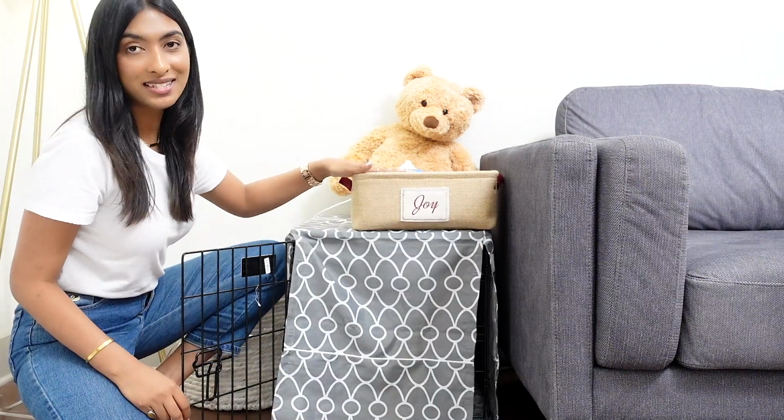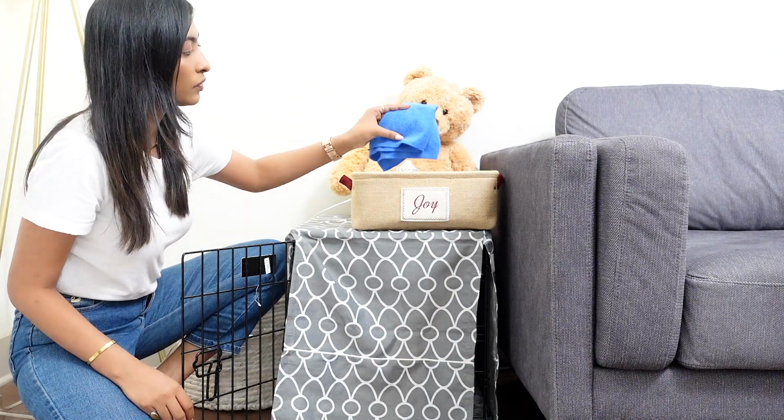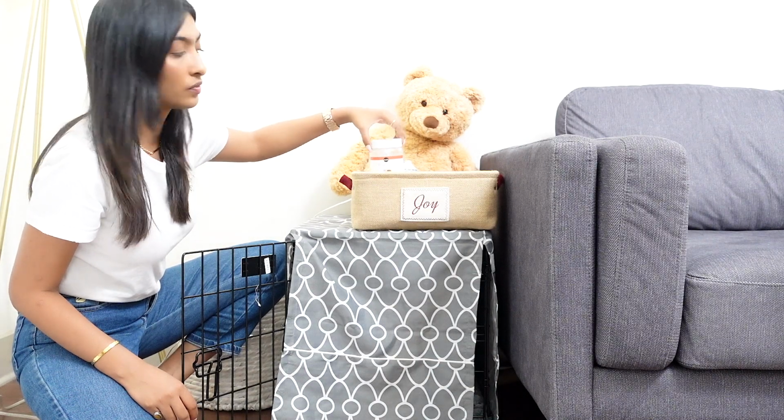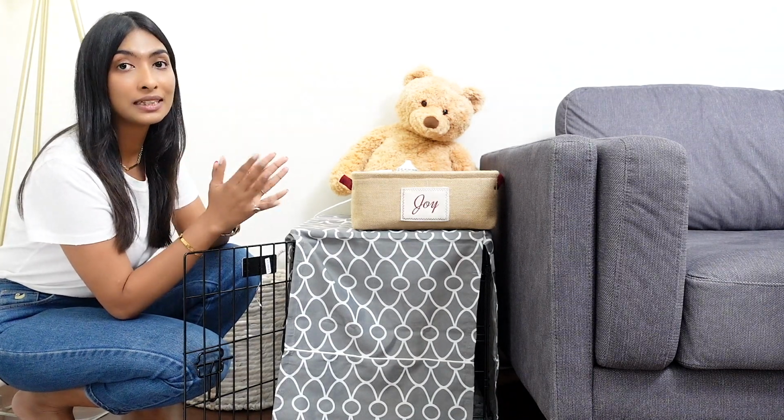And I also have a basket over here where I keep his small stuff like a microfiber cloth for his paws, and coconut oil also for his paws. After he comes back from his walk, we wash his paws and use coconut oil on them, and this makes his paws super soft. Okay, next up,